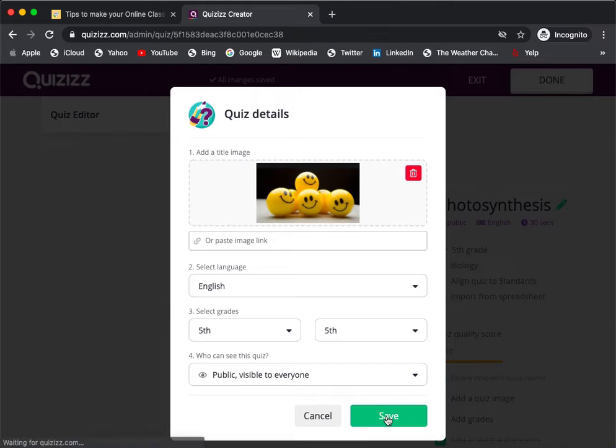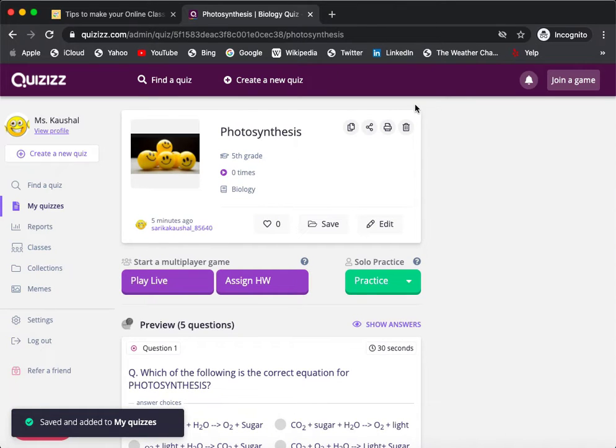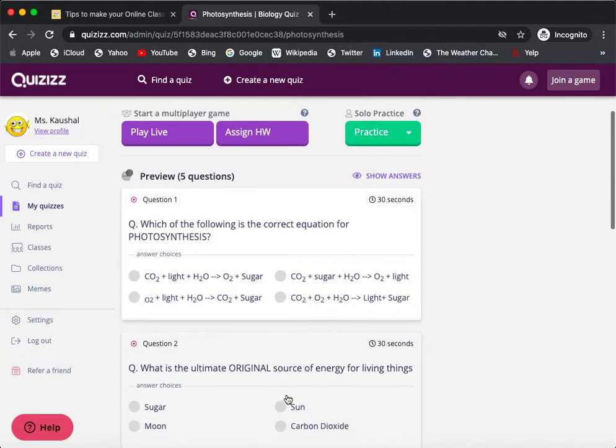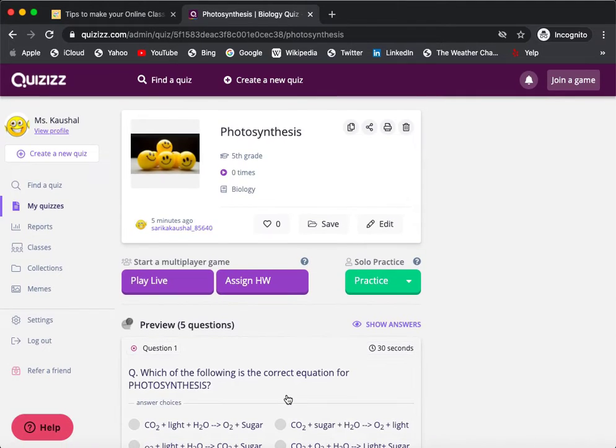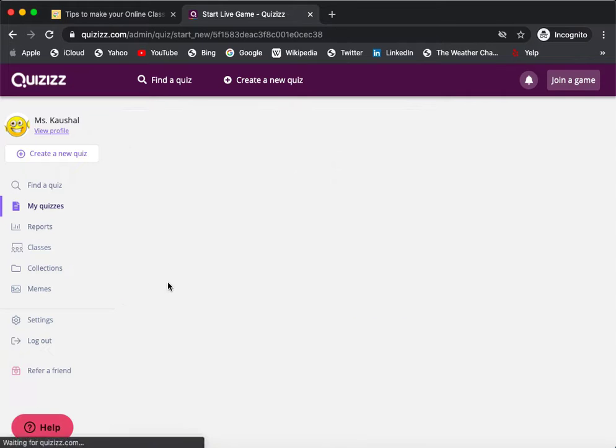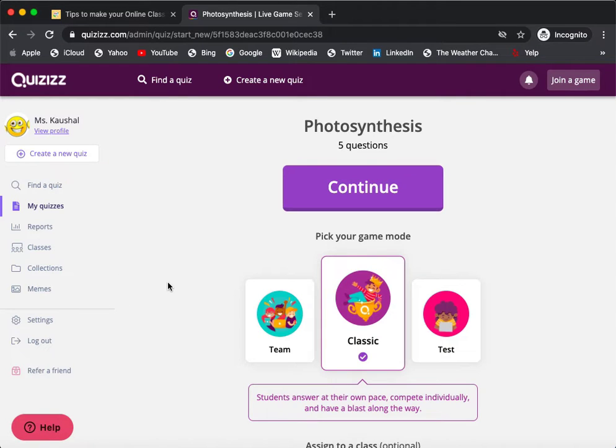Once you're saving the quiz, you can see this screen. Now, interestingly, what you're supposed to do is just scroll down, and when your children enter your class, just do this. Play live with them. Okay, so your quiz is ready. You just sit in the class, your children are entering, and just go to this section of classic.